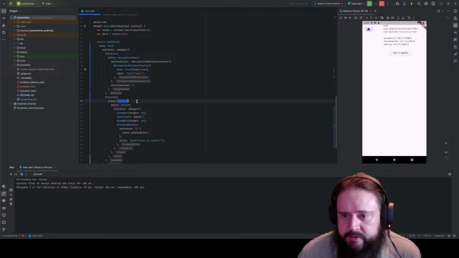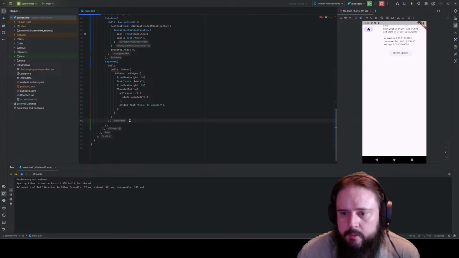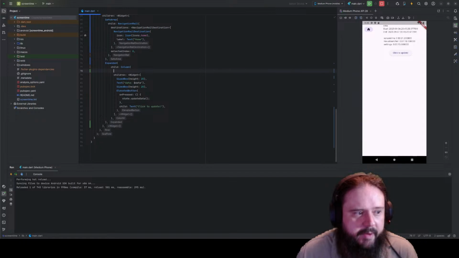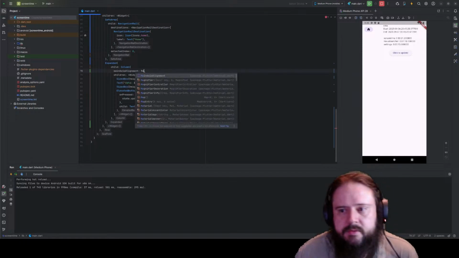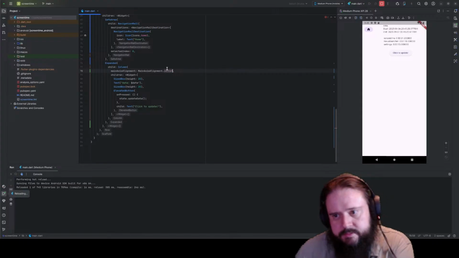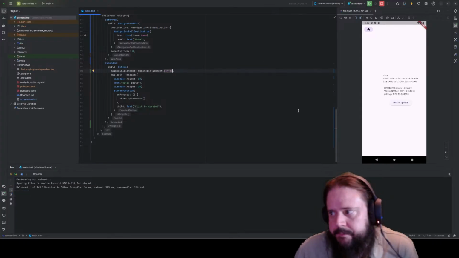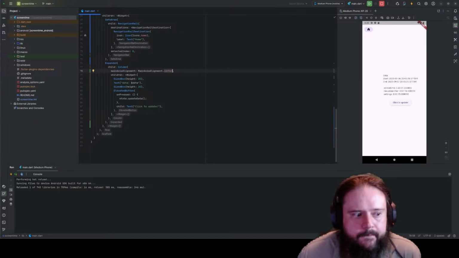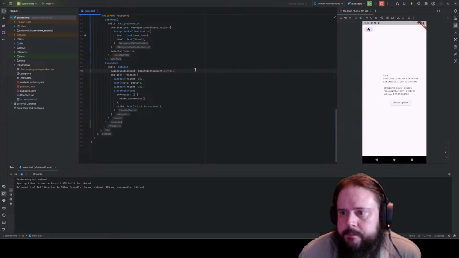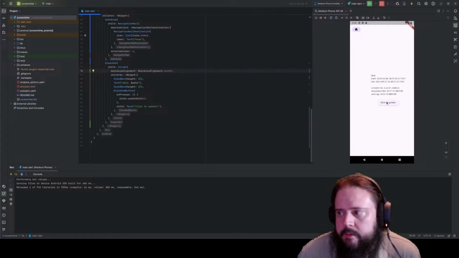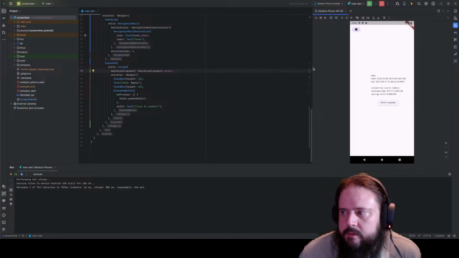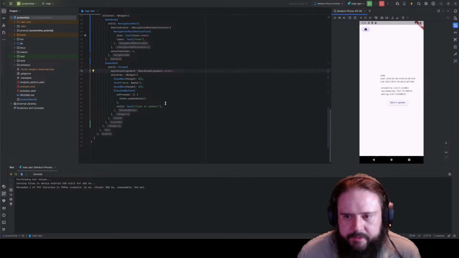We don't need to put you into a center. Because this column has main axis alignment center. Aha. But we also have... That's roughly centered, I think. That's fine. We'll leave that for now. Okay, so